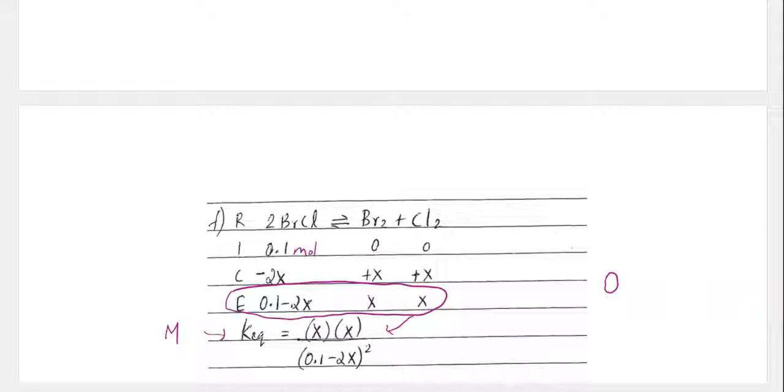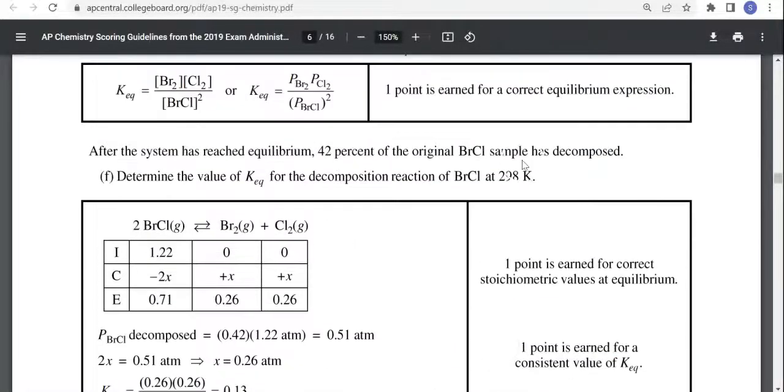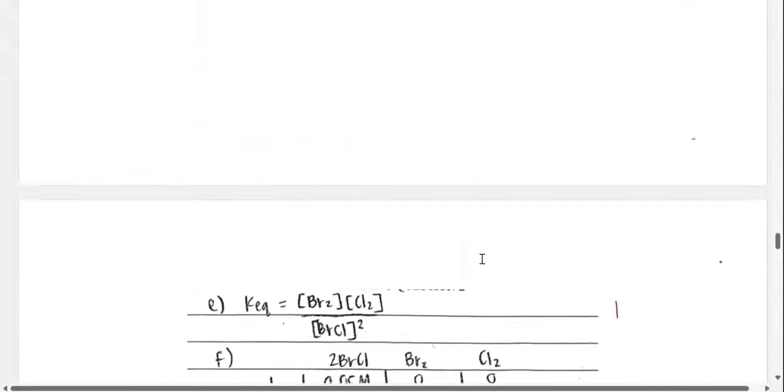And it leads me towards a 0, even though they did parts of the question correctly. Maybe it's a 1. I'll be interested to see, but if I had to go 0, 1, I'm closer to a 0. Okay, but yeah, they still did parts of it correctly. For the most part, the ice table is correct, just if it would be in molarity instead of moles. And then the student didn't, I don't think, realize how to go further from there. Which, remember, to go further, once we get to that point, we need to use the fact that 42% of the original BrCl sample has decomposed to determine, as I did,